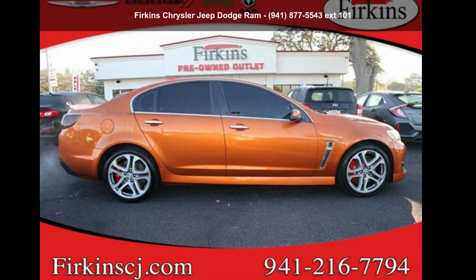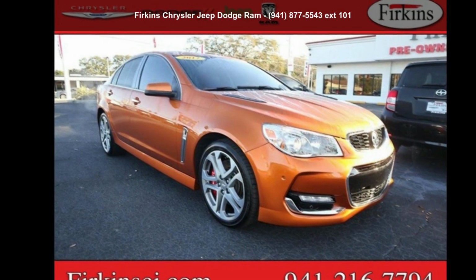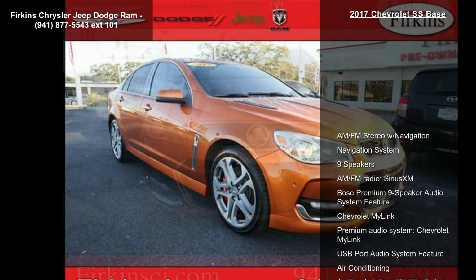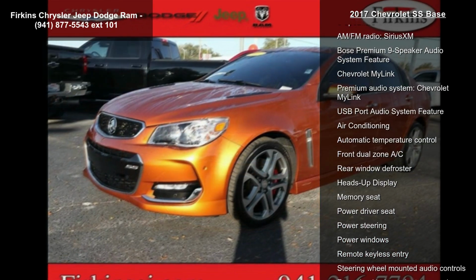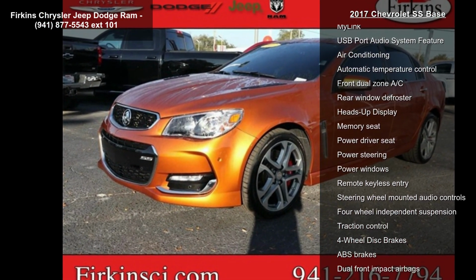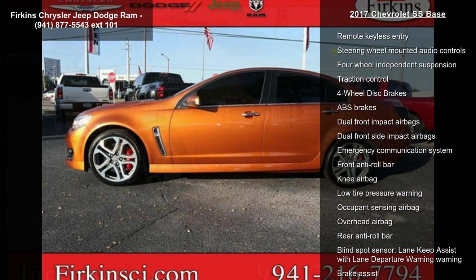Step into the Chevrolet 2017 SS Base. This may be the set of wheels you've been looking for. Enjoy these notable features: AM/FM stereo with navigation system, 9 speakers, AM/FM radio, Sirius XM, Bose Premium 9-speaker audio system